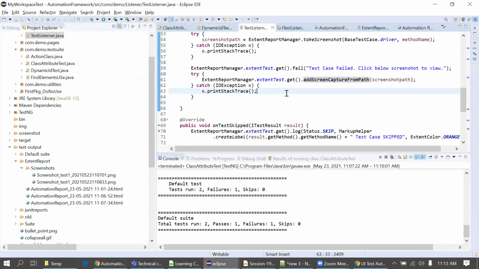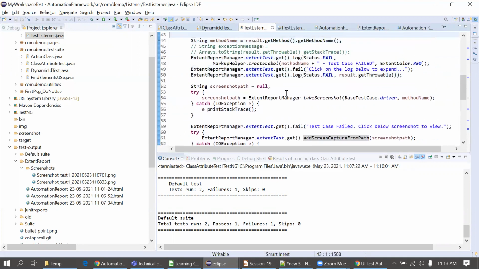Actually, this kind of coding we do hardly in some cases. Actually, this is a one-time effort. If you Google it, you will get this code. You simply should know how to fix the code. Suppose I am using the driver here. Okay, so this will give you an error. So you should know from where this driver should come. That's it. The other code you will simply get from Google.